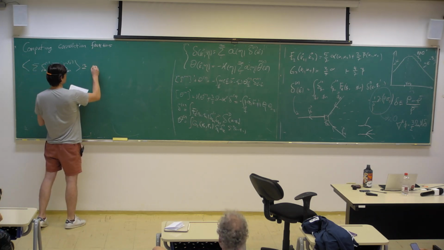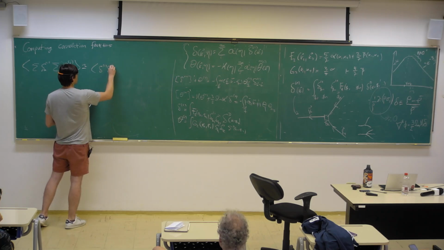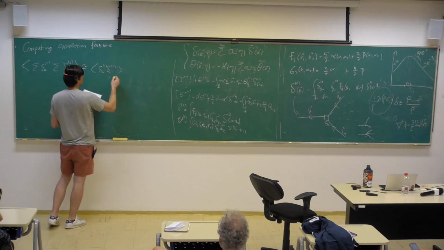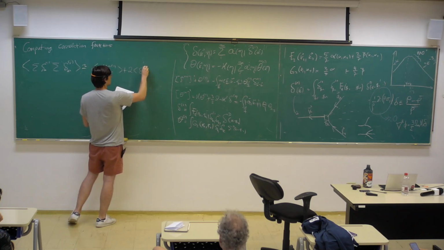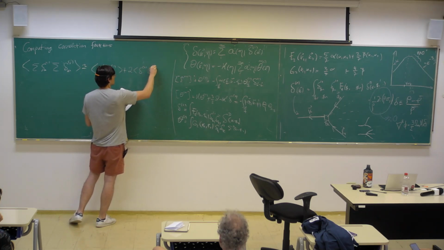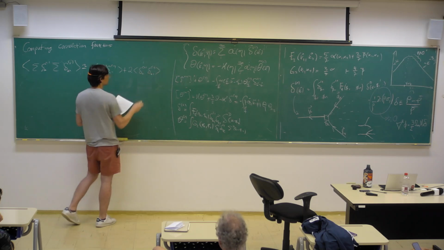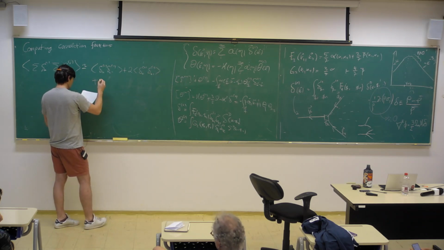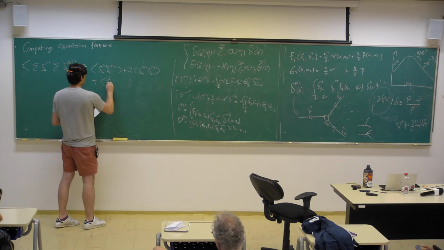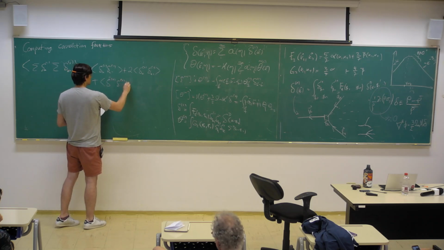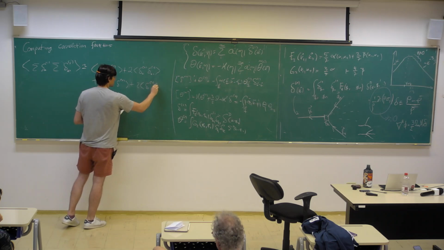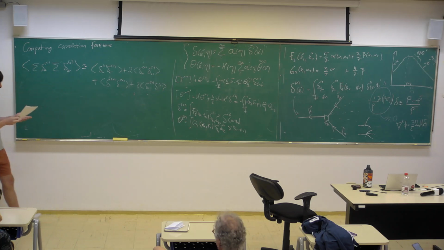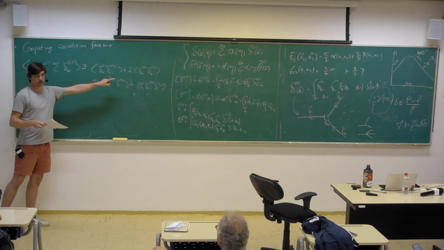So I'm going to get one term that looks like delta 1, delta 1, k k prime. This one's okay, this is my linear solution. I'm going to get a term that looks like 2 times, with a cyclic term, delta 2, delta 1, k k prime. I'm also going to get a term that looks like delta 2, delta 2. And then I'm also going to get a term that looks like 2 delta 3, delta 1, and so on and so forth.